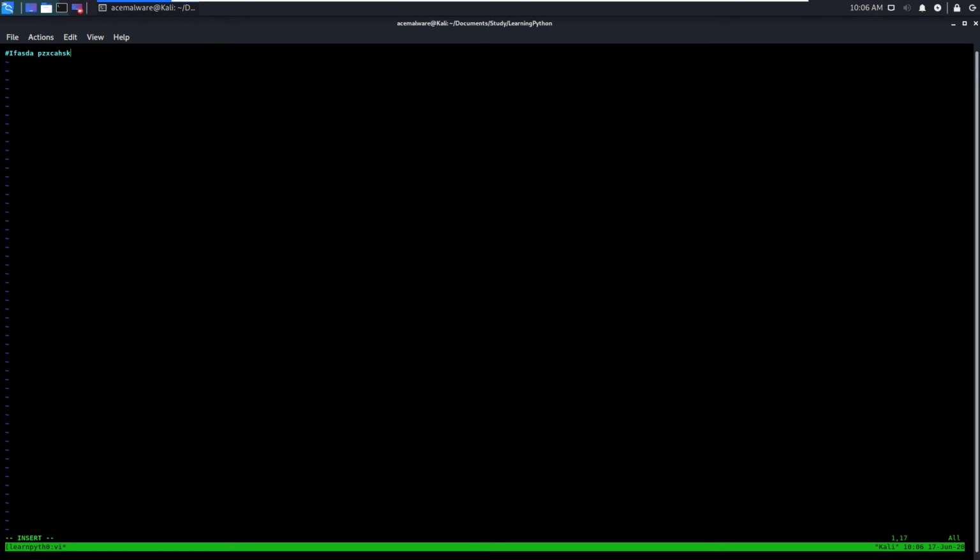No matter how gibberish I put it in here, it will not be processed or interpreted by the Python interpreter. And then the other one is a multi-line comment. Anything between these three double quotes is considered a comment. So even if I put something like this, date, when,